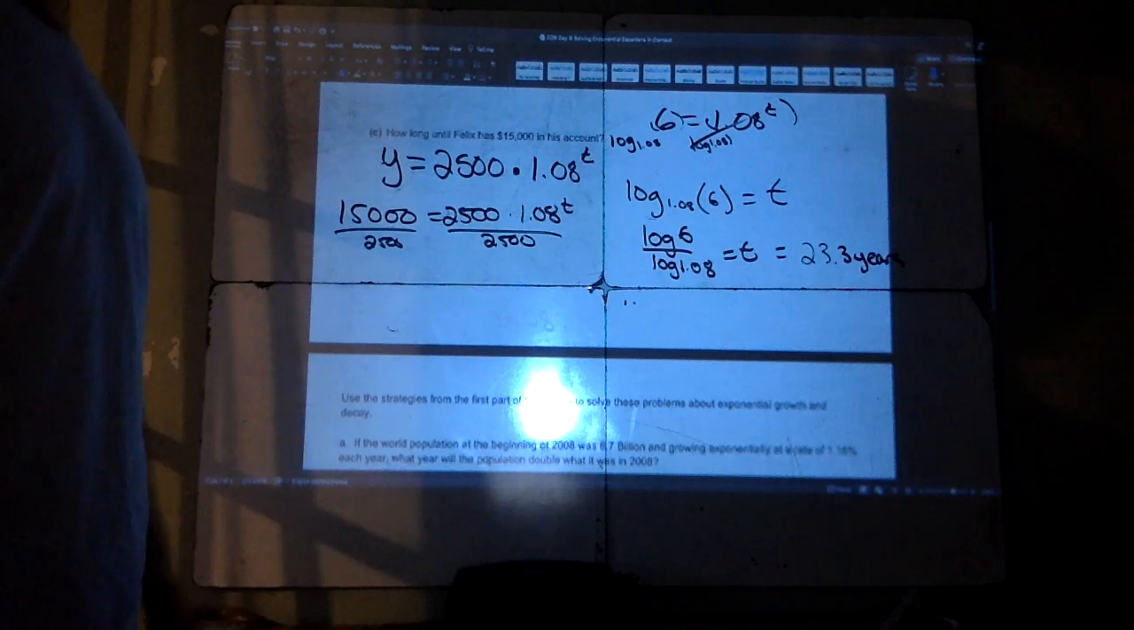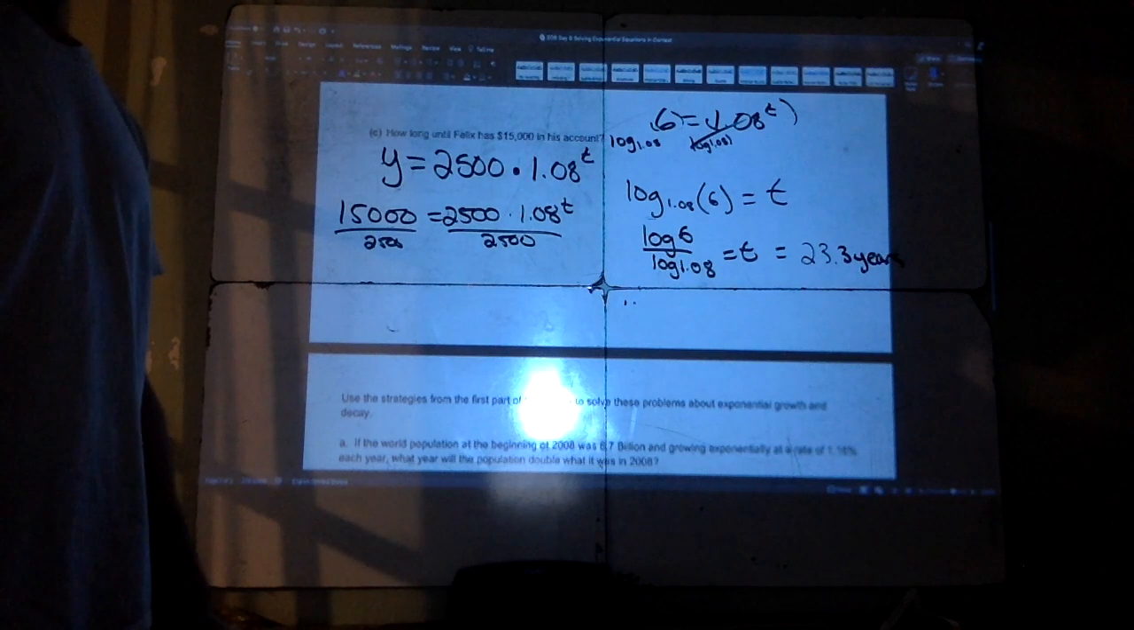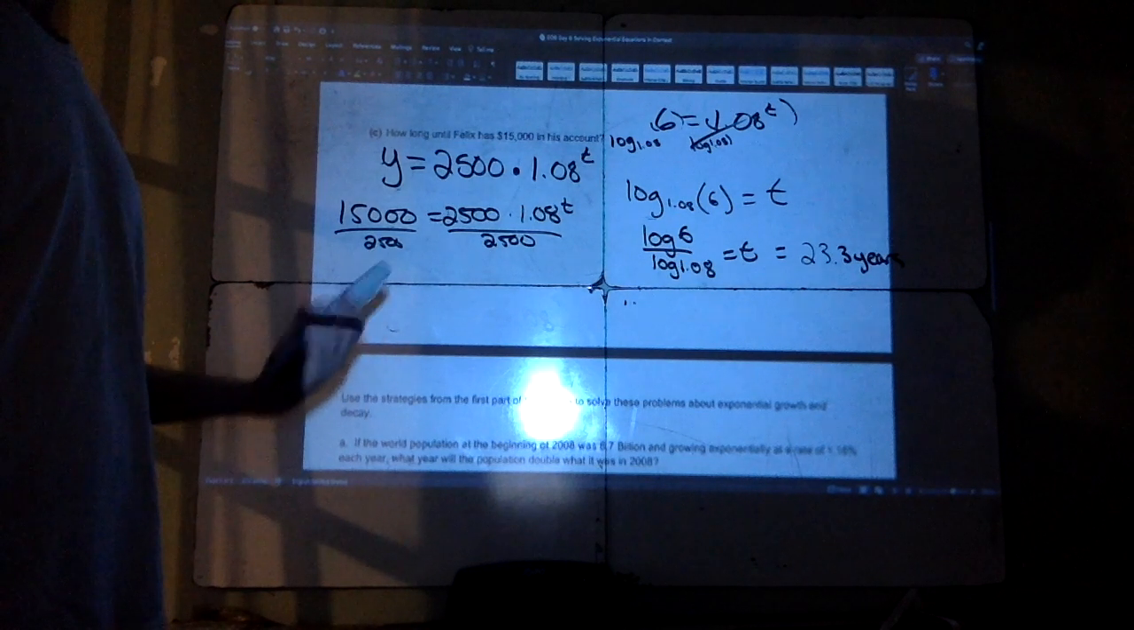So I want you to try to finish this the best you can on your own. That's your homework. And submit that when you're done. Make sure you're showing all your work, each step,